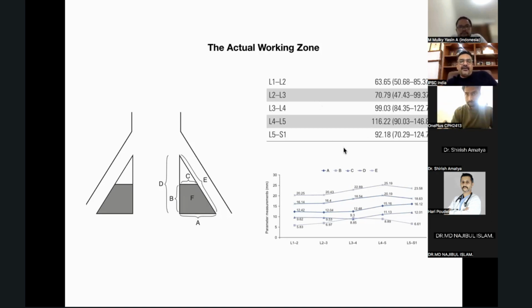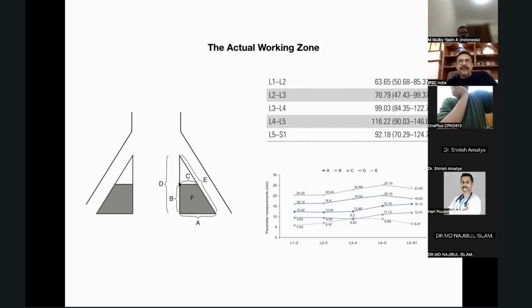Now, if you look at over here, this actual working zone, starting from L1-L2, starts increasing in size. It goes up to 116 at L4-L5, but it again reduces over here. The reason behind the reduction of the space at L5S1 is mainly because, I'll show you on the coronal sections also, the S1 root starts above